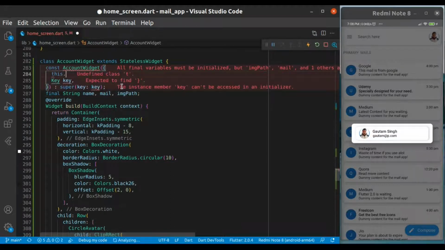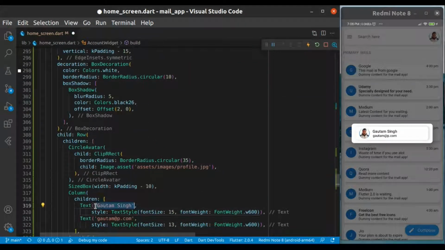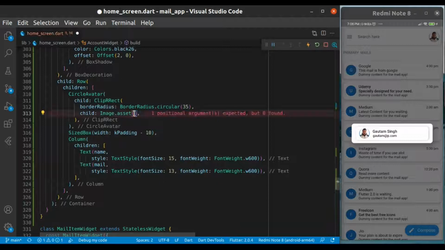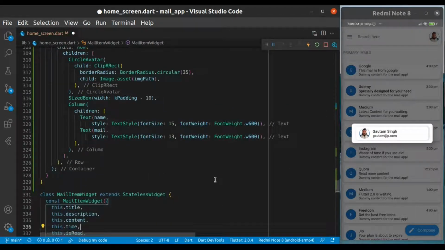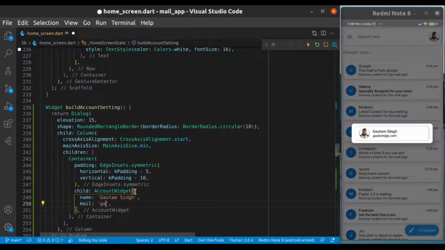This is called a named parameter, which helps us recognize what the parameter should be passed in the method. Okay. Provide your dummy text in the widget which we have just created.